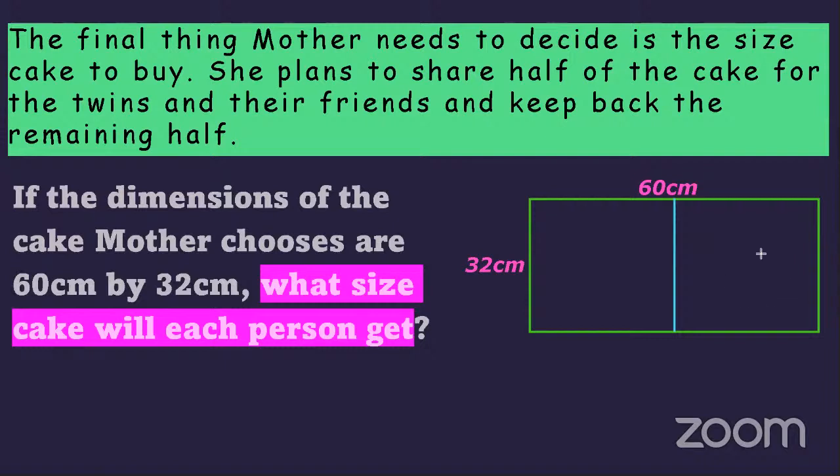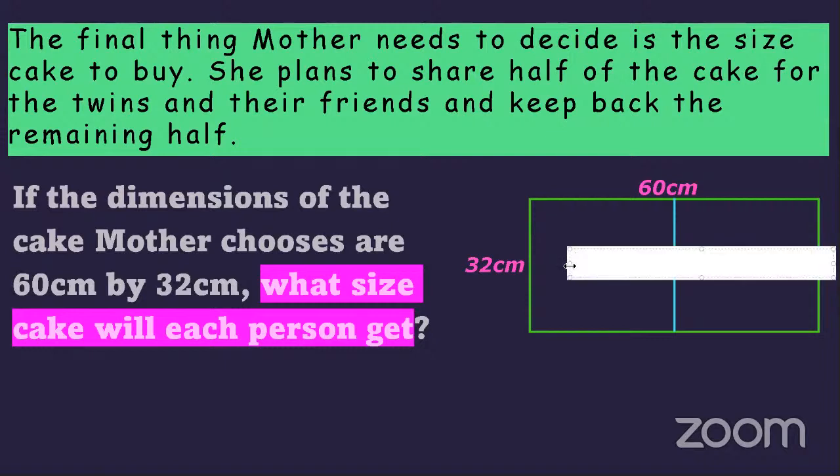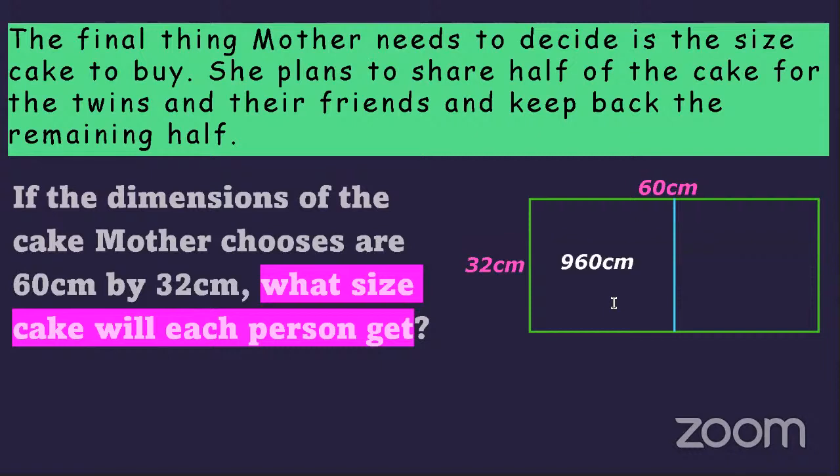All right, so half of that, she says, if everything is 1,920, if she divides that by 2, or if any of you divide that by 2, you'd get 960 square centimeter for one side of the cake. So I'm going to write it right here. 960 square centimeter. That is the measurement for the part of the cake that we're going to share for the children. All right. So if we have 32 children,